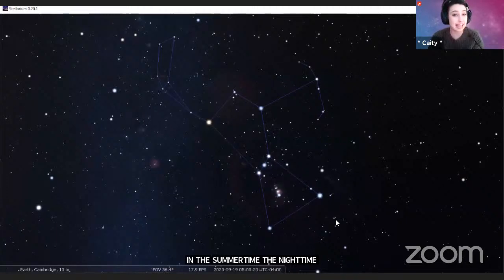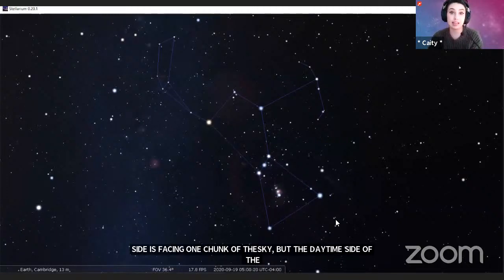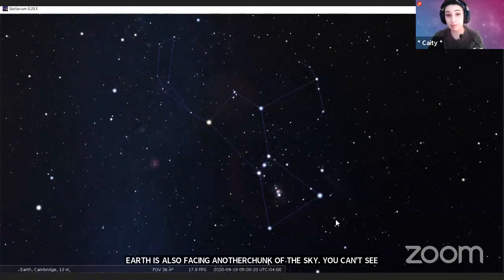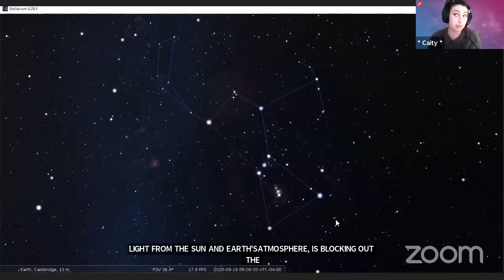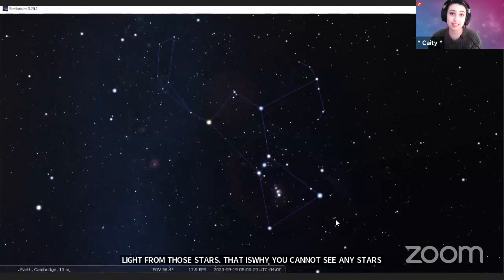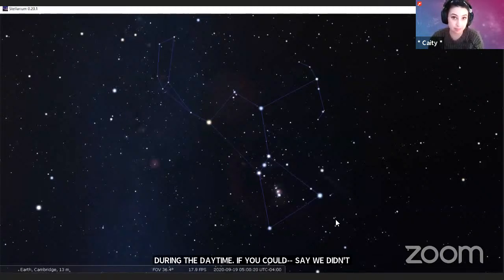But you can't see any of those stars because the light from the sun and Earth's atmosphere is blocking out the light from all those stars. So that's why you can't see any stars during the daytime. But if you could, say we didn't have an atmosphere, you'd be able to see all of the constellations that are visible in the northern hemisphere just at different times of the day.